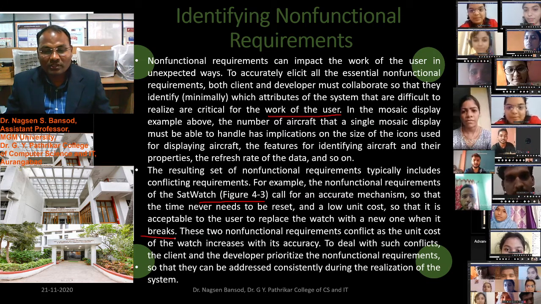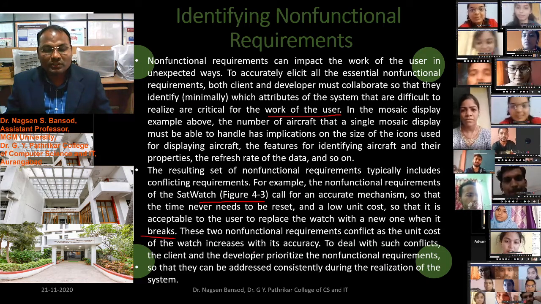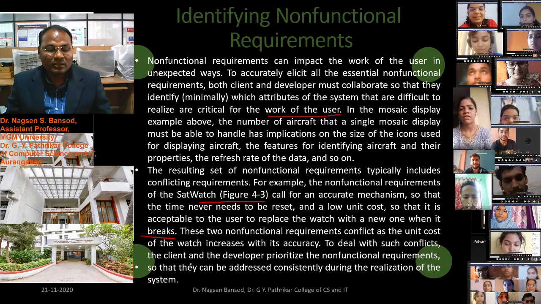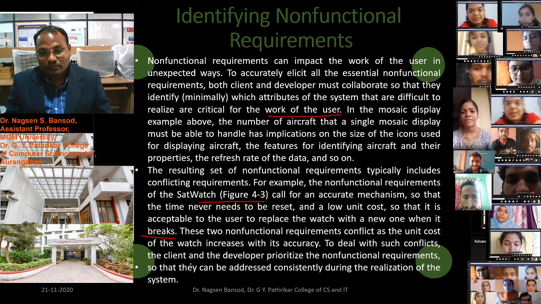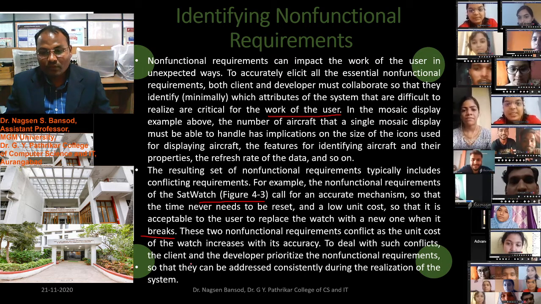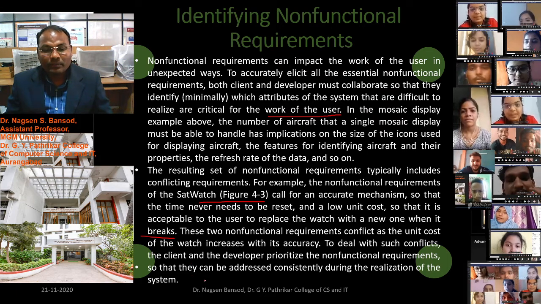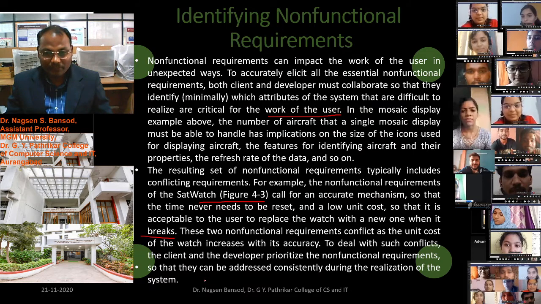These two non-functional requirements conflict as the unit cost of the watch increases with its accuracy. To deal with such conflict, the client and the developer prioritize the non-functional requirements so that they can be addressed consistently during the realization of the system.